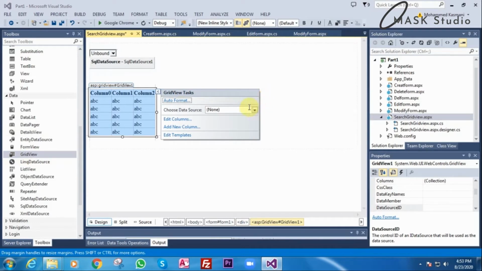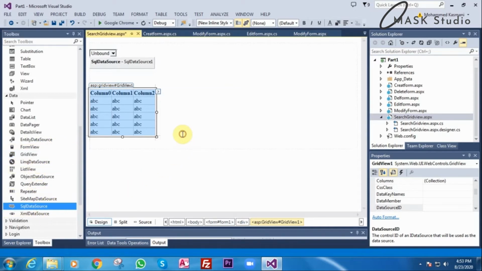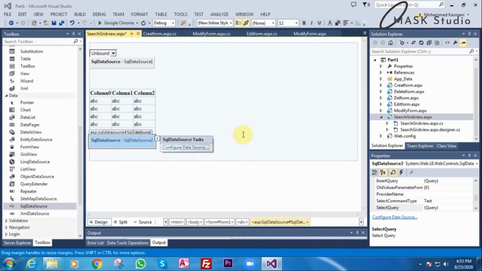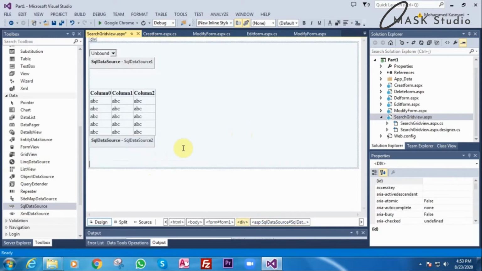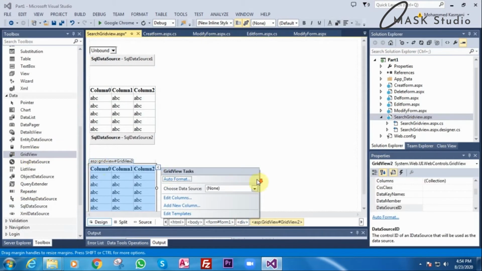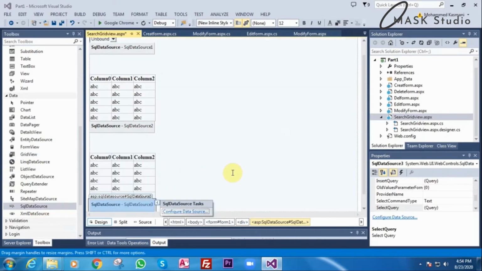For this also I will give a data source, SQL data source. I'll drag it, and also I will add one more grid. I'll explain to you why, and for this also I'll give that SQL data source.